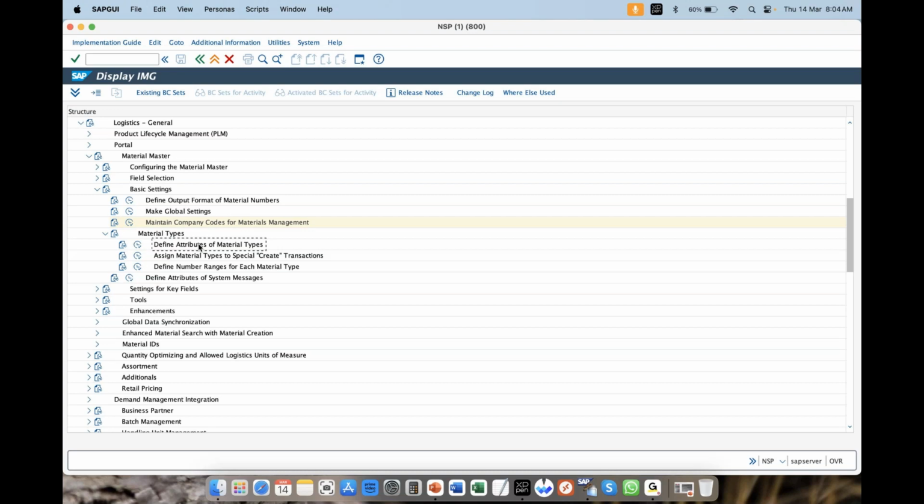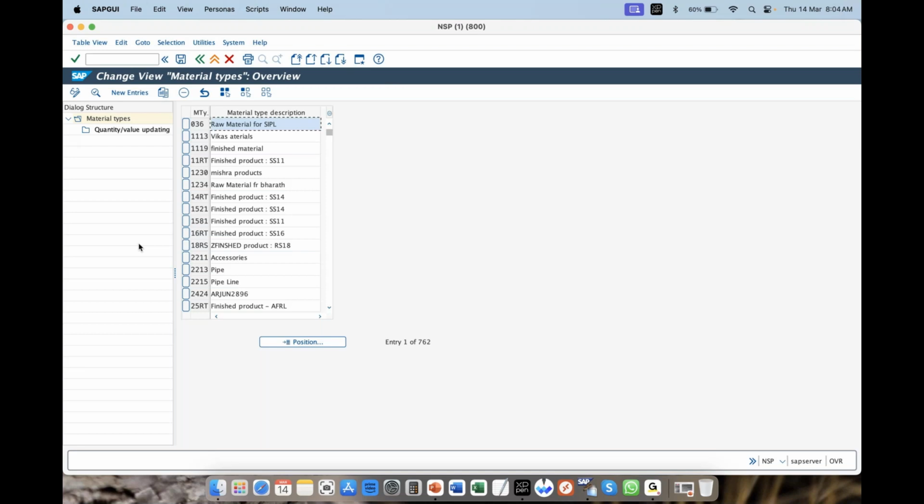So we always deal with a material type which is a finished product in identity. So you'll find so many material types in the database: raw material, semi-finished, and then finished product. So here, if you want to go to new entries, it will not allow, because SAP is designed in such a way. It has been given all the material types which are relevant for any business process to which the